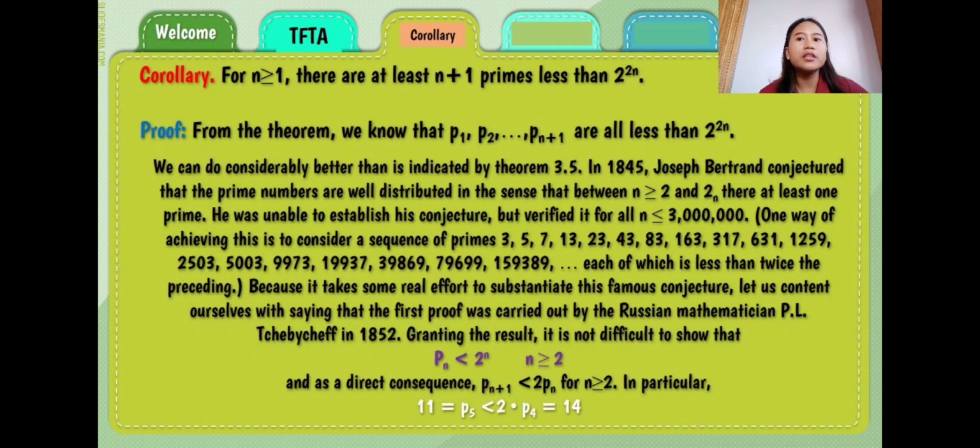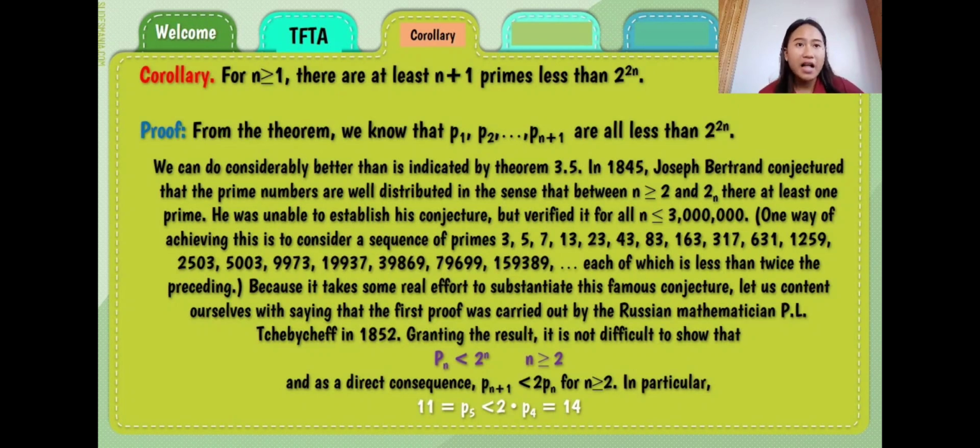So in this corollary, as we count higher in our list of numbers, there will always be at least as many prime numbers as the number we're counting up to, plus 1. So for example, if we're counting up to 5, there will be at least 5 plus 1 equals 6 prime numbers in that range. So let us content ourselves with saying that the first proof was carried out by the